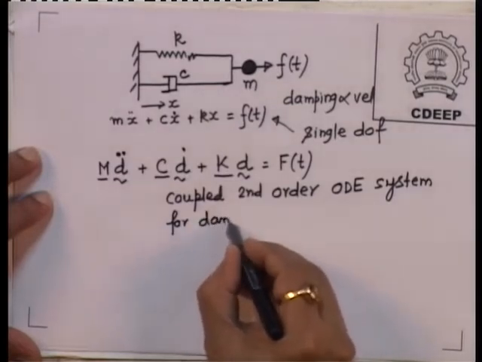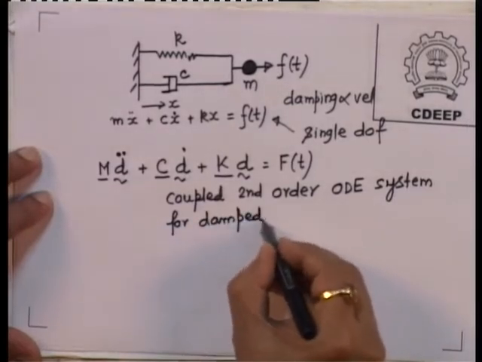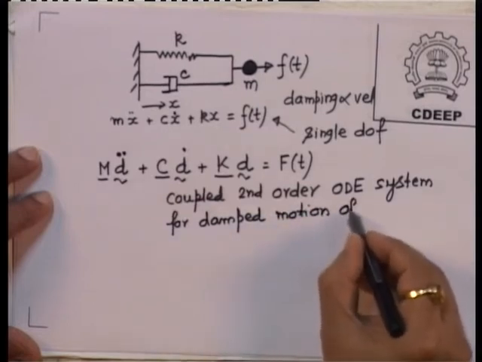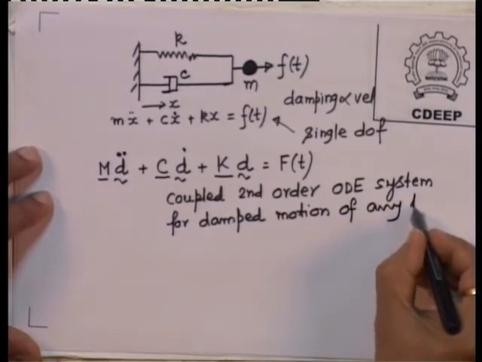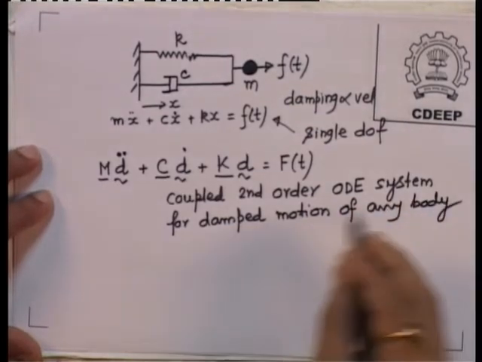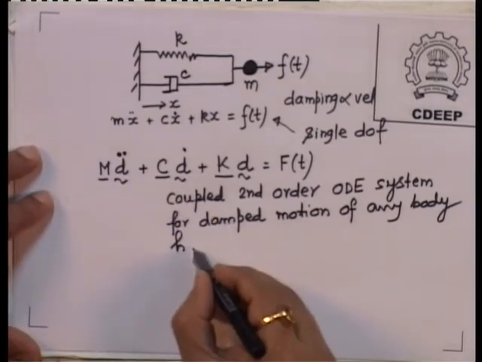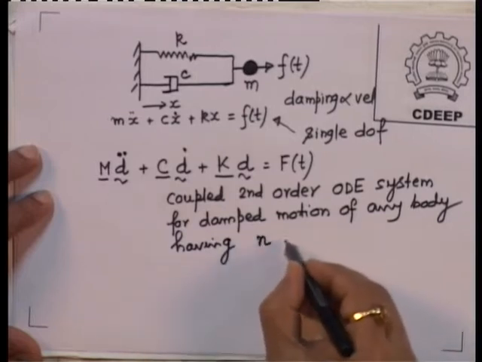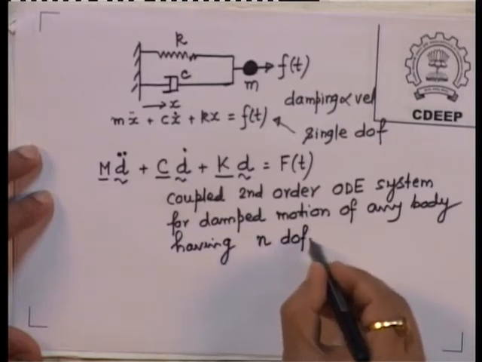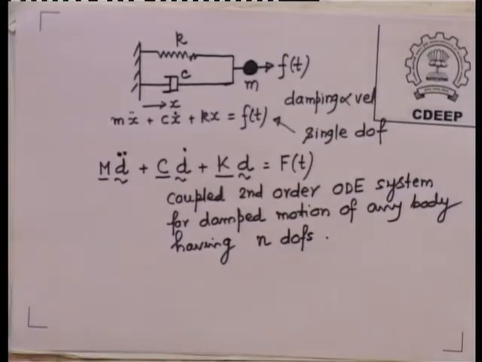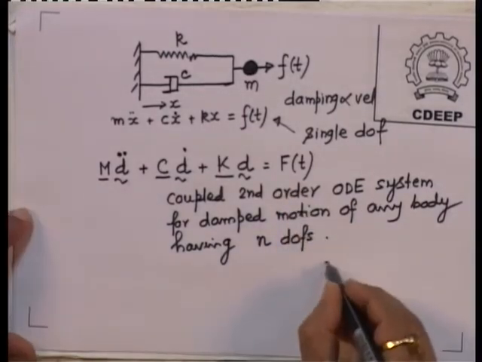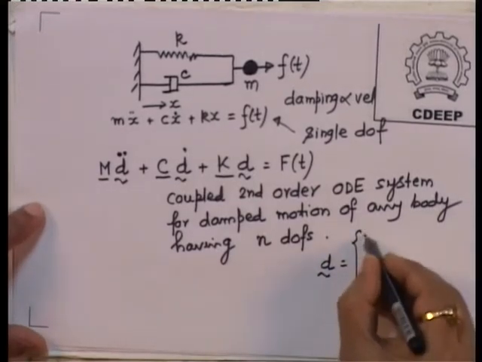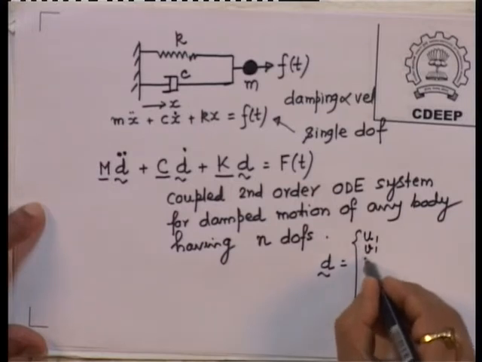For damped motion of any body, that damping in damped motion of any body having n degrees of freedom, because everything this d having, so, because d means d is having lot of